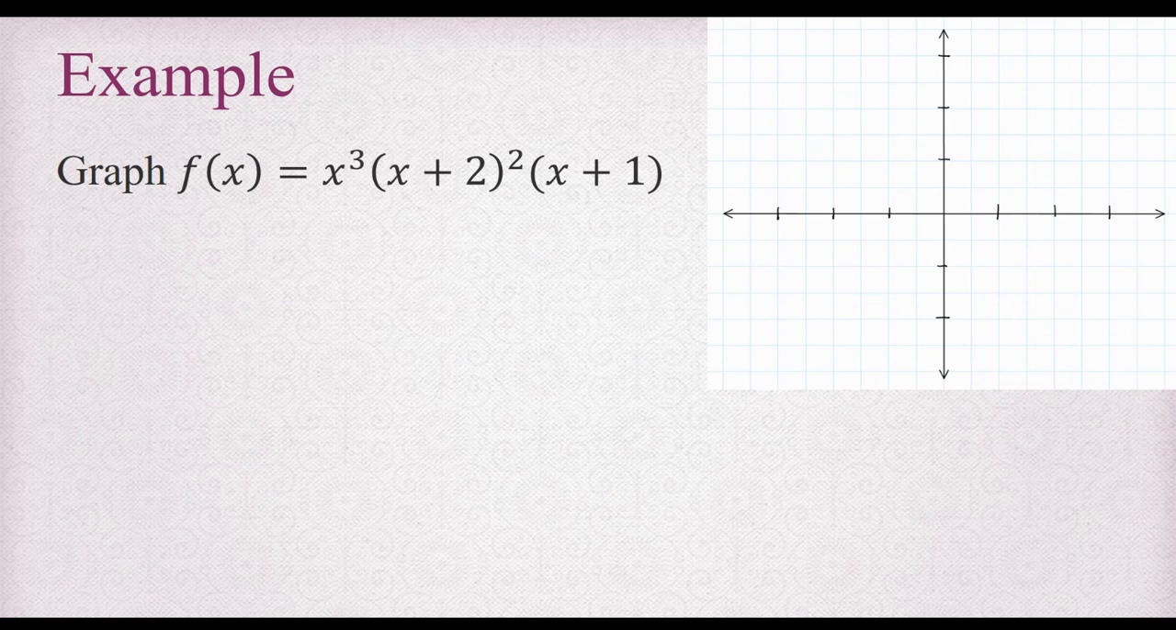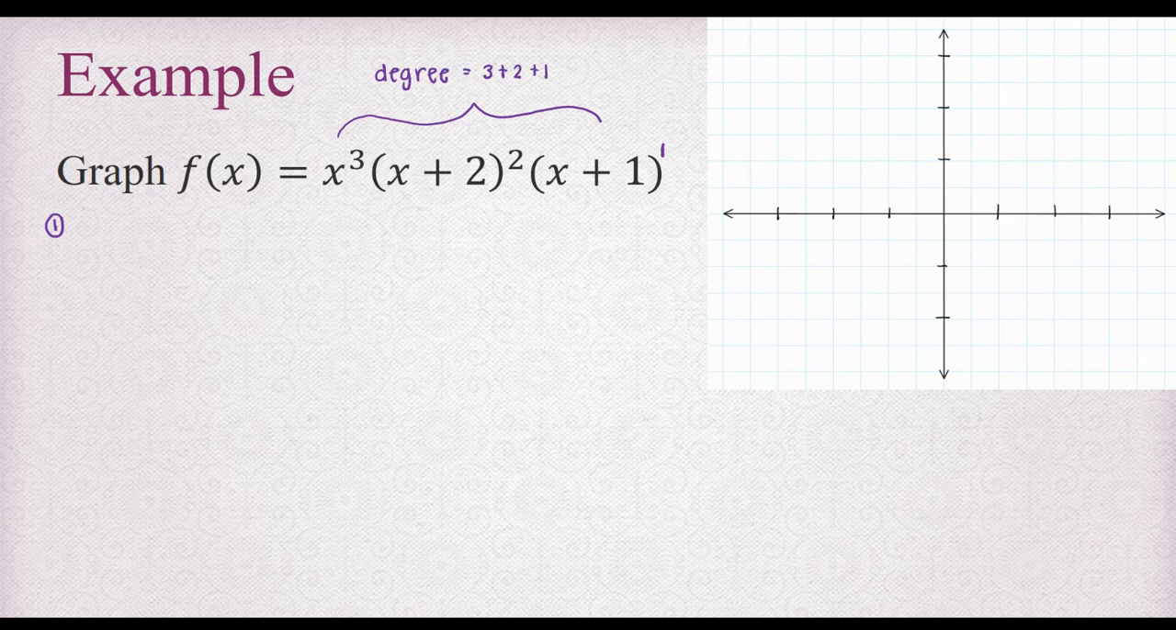Let's take a look at this example. We've got f of x equals x to the third times x plus 2 quantity squared times x plus 1. All right, notice that if we follow our steps, first thing I want to do is figure out the end behavior. Now, in this case, everything is already factored for us. In order for us to figure out the degree, I need to add up the exponents. I see a 3, I see a 2, and technically that last factor has an exponent of 1. So to find the degree, I need to add all of those exponents. So 3 plus 2 plus 1,